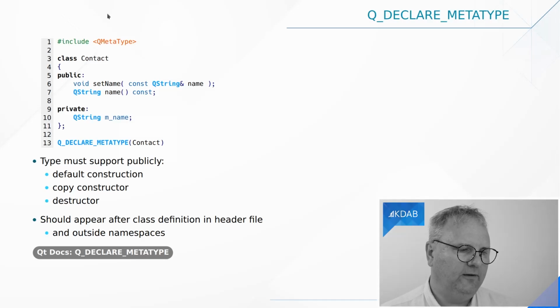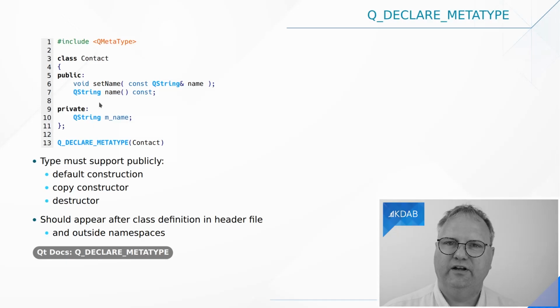That's one thing you must do yourself if you're using a QVariant with one of your data types, and that is to declare that meta type. Basically what it does is that it adds some templatized magic so that everything works behind the scenes. But what you do is that you simply, after you have declared that class that you want to be able to go into a QVariant, you write Q_DECLARE_METATYPE, and you specify the name of the class up there, and you do that in your header file.